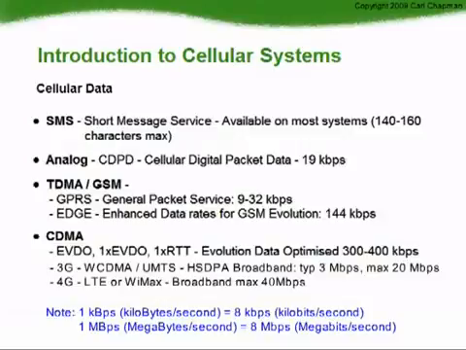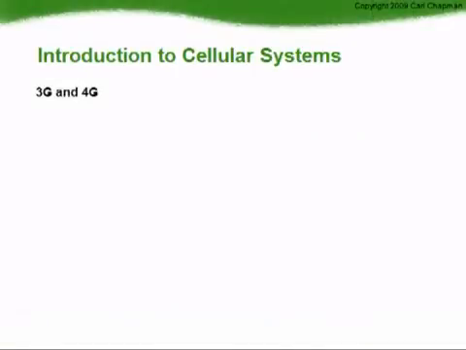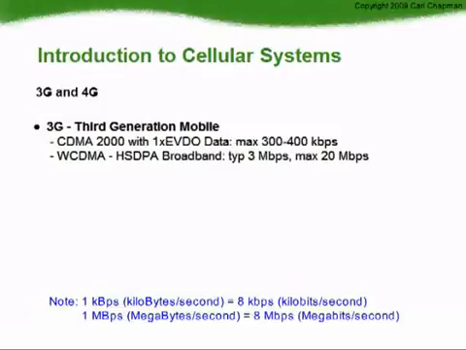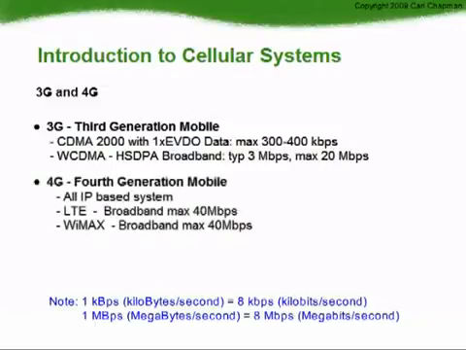With new 3G and 4G technologies, it is now possible to get high data rates giving broadband performance. Thanks to marketing spin from the various cellular operators, there is often a lot of confusion over 3G and 4G technologies. Earlier operators used the term 3G to describe systems using CDMA 2000 with EVDO data. 3G is also commonly used to refer to WCDMA systems using HSDPA, high-speed downlink packet access, data. Even though they are both called 3G, there is a significant difference in speed and capabilities of the two 3G technologies. The current talk of the town is 4G.